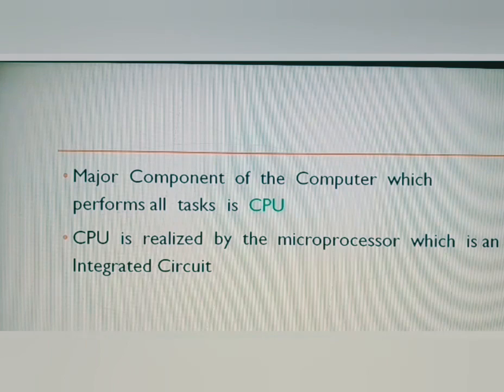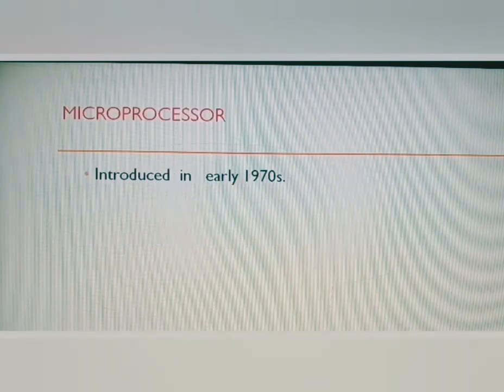So that is your microprocessor. It is nothing but one circuit, a small integrated circuit. Okay? So next we can move on with the basic concepts you have under microprocessor. In which year was the microprocessor introduced, and what is it? Let us look at the details now. Yes, it was introduced in the early 1970s.